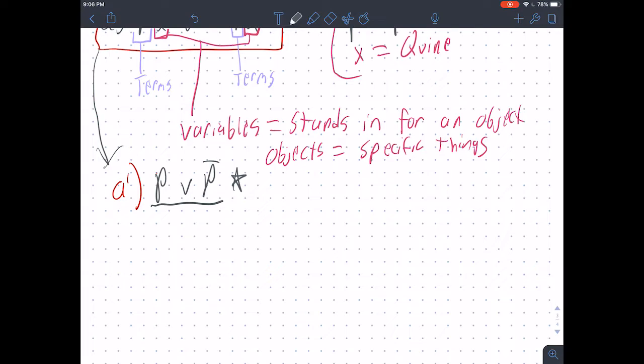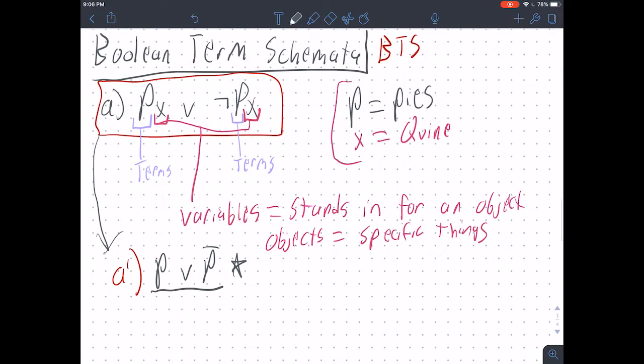If you've been paying really close attention, that might seem strange to you, because in the last chapter I said that terms aren't true or false. They're true or false of an object. But the way that these work is a Boolean term schema is always going to have the same object in there. And because a term must either be true or false of some object, even if it can't be true or false on its own,